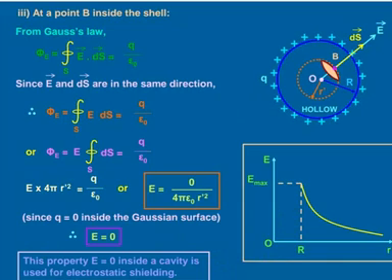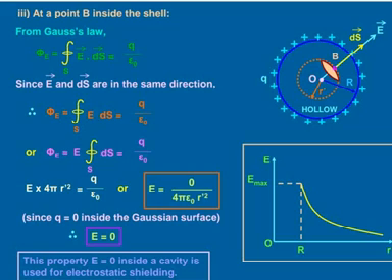Now consider a point inside the spherical shell, of radius r dash as shown in the adjacent figure. So by following the same steps, what you got? You got E into the integral of ds over the surface S equals Q upon epsilon naught. By putting the value of ds as 4 pi r dash square, equals Q upon epsilon naught. Now you have to put Q equals 0. Why 0? Because the charge is present on the surface of the shell.